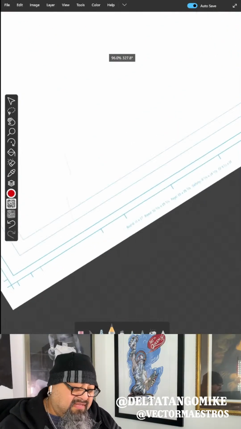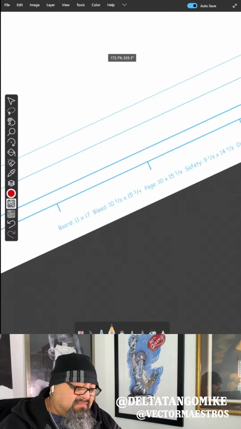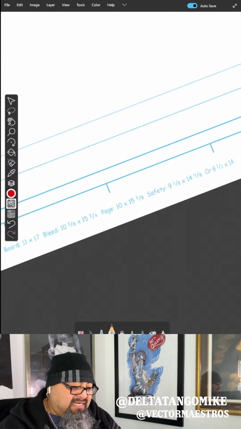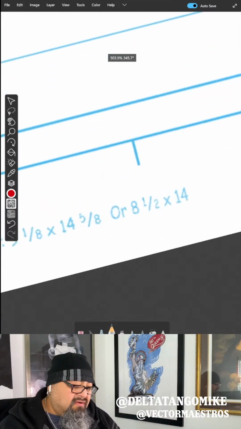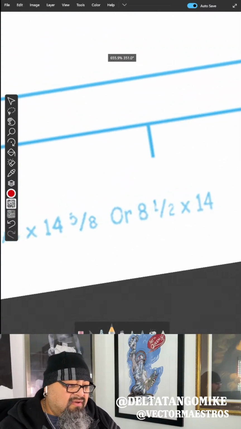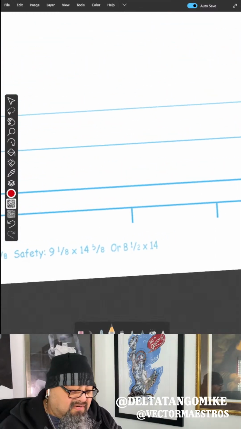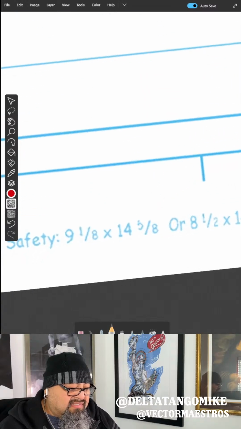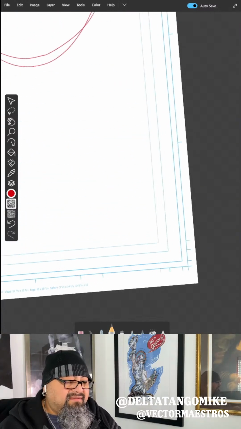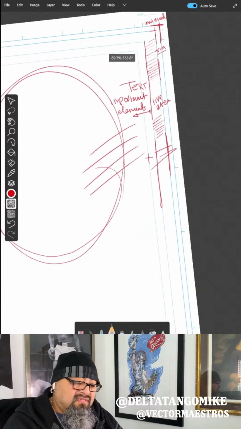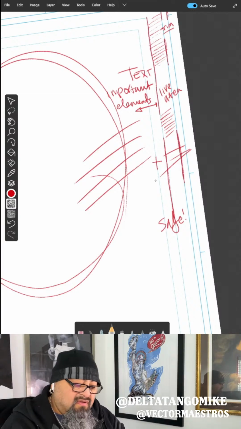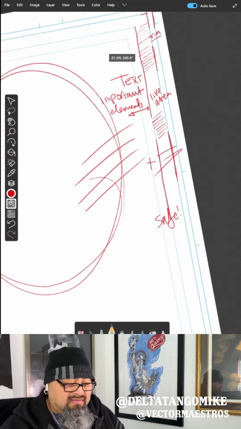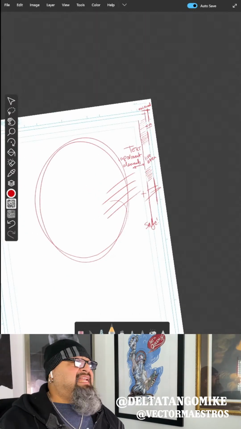This is thankfully done, 11 by 17. There's the bleed, the page size, the safety, and that one I don't know what that is. I guess I know, organize, or anyway, that's that first line on the inside. But this is the important one, the safety. Here you go. Everything inside is safe. Like in baseball, safe. All right, I don't know. That's not how you spell safe, but you know what I mean.